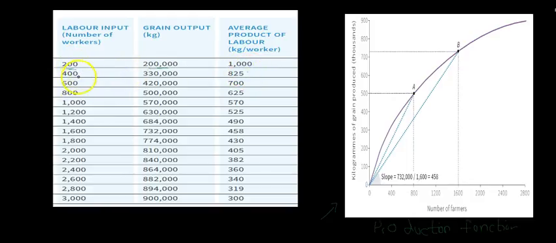However, as you see, as input increases by 200 in all of this example, the grain output is not the same as it was before. In first 200 labor, 200,000 kg increased. However, next 200 produced only 130,000 kgs, and further if you go 200 labor, then it only increases by 90,000. So you can see there has been a constant decrease, and this decrease actually is the marginal productivity of labor,